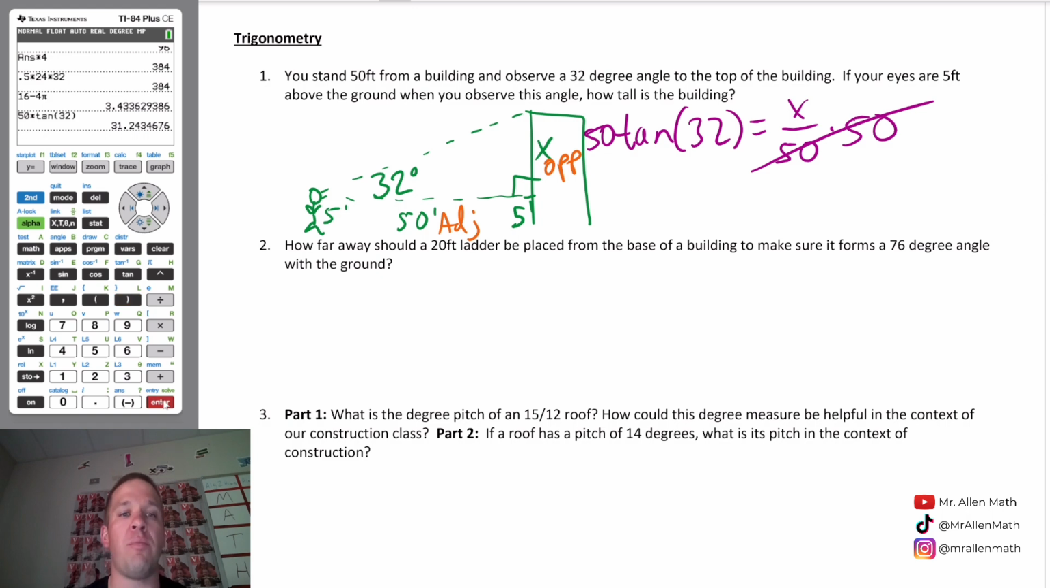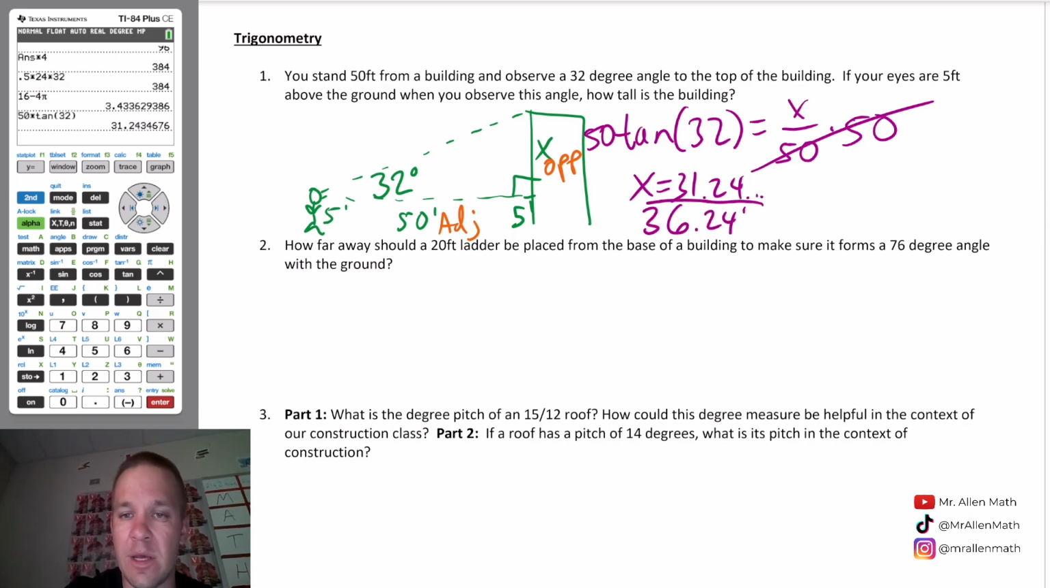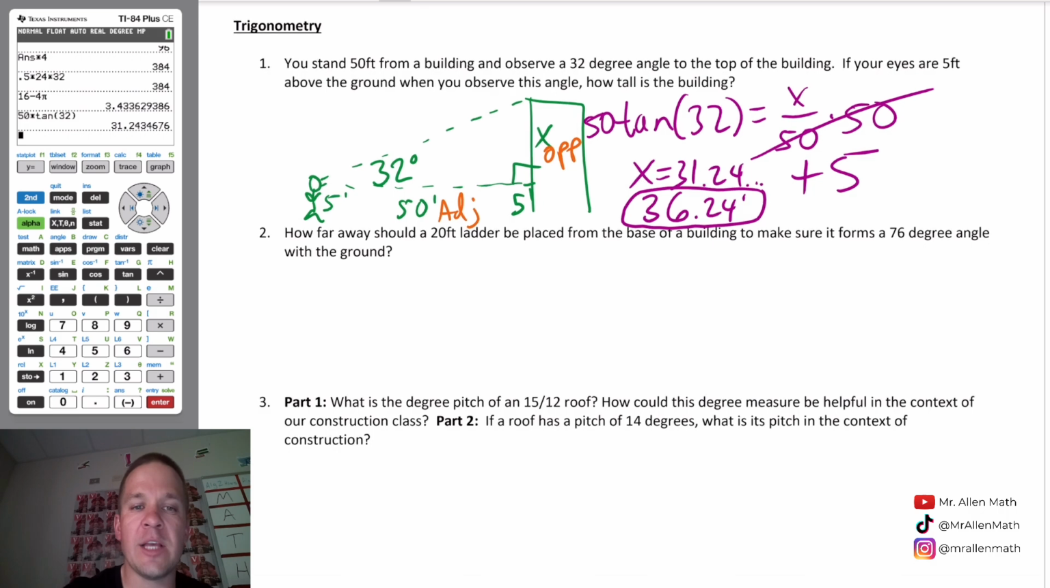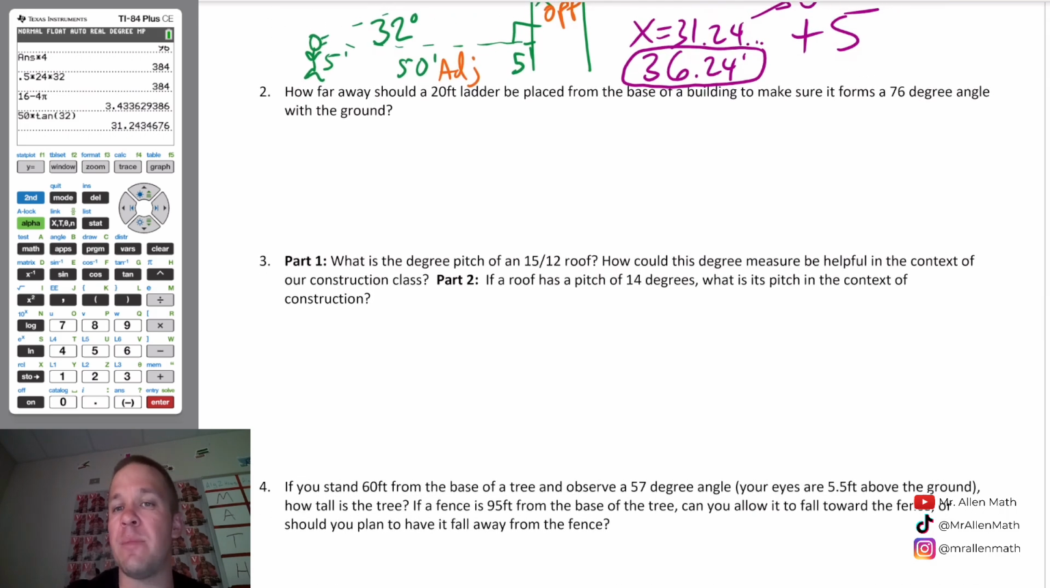We get 31.24. That's what X is. So X equals 31.24 and change. But what's the height of the building? I have to add 5 to that. So we're going to get 36.24 feet. That would be my final answer here. I'm going to add 5 plus 5. Cool. Next one: how far should a 20-foot ladder be placed from the base of the building to make sure